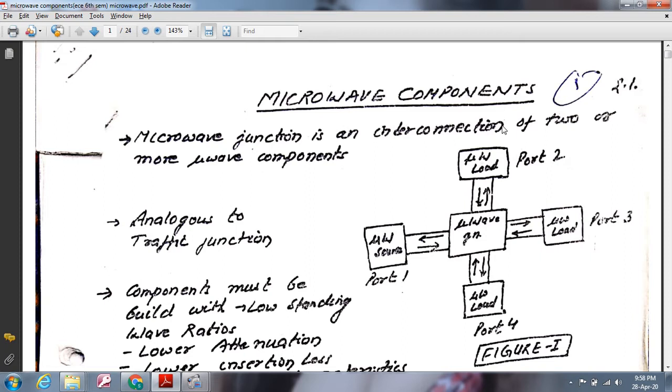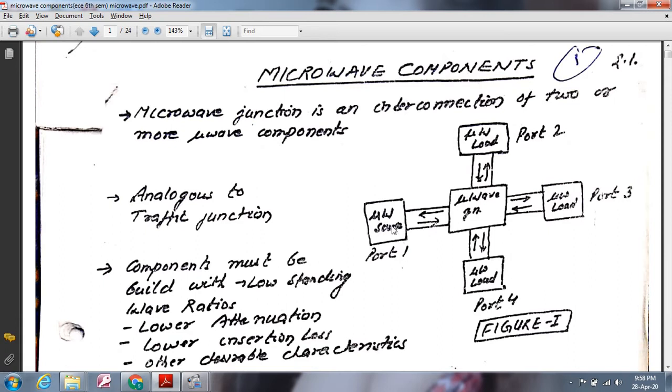At a certain position in a waveguide system, many a times it becomes necessary to split all or a part of microwave power into a particular direction. This is achieved by waveguides or in general microwave junction. So here in this figure at the center we are saying this is microwave junction and it is having four ports. Port number 1, port number 2, port 3 and port number 4,